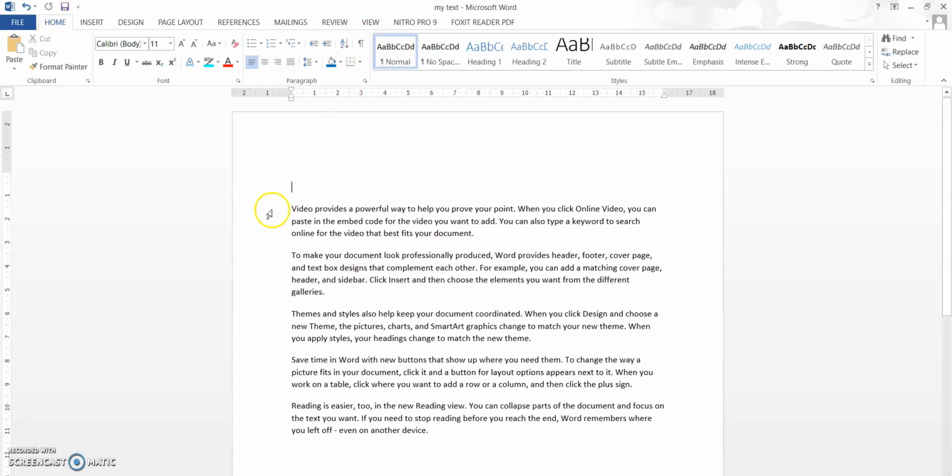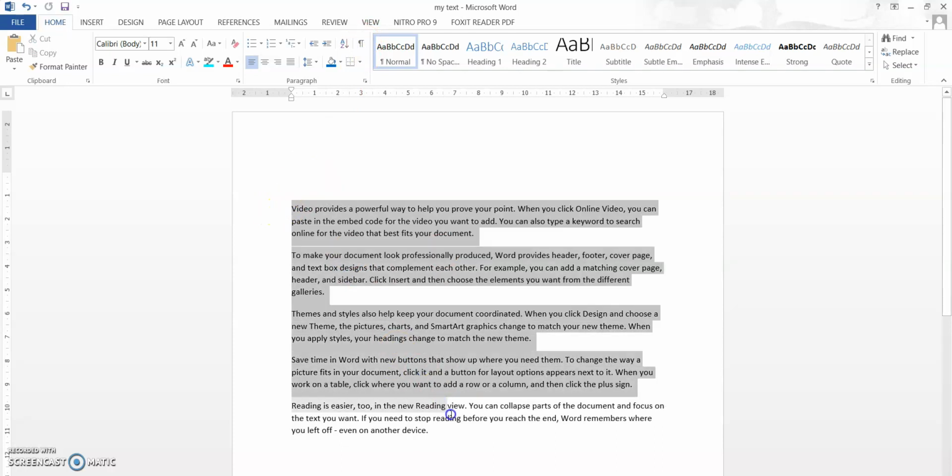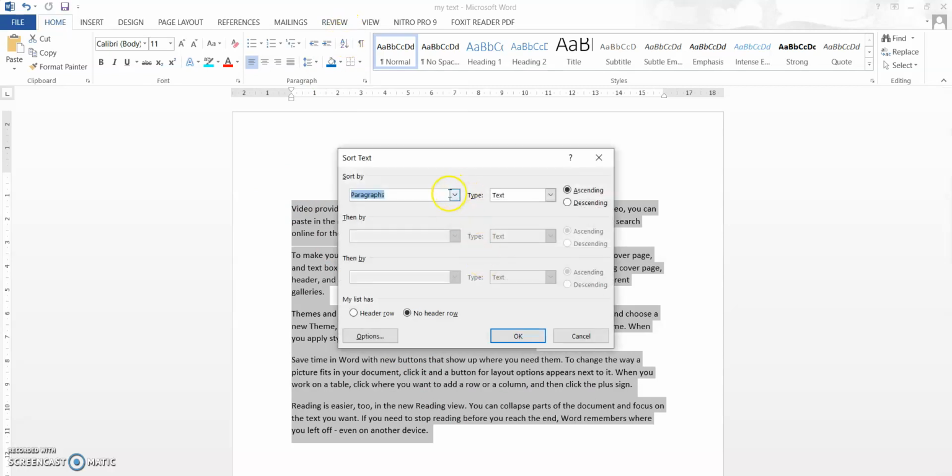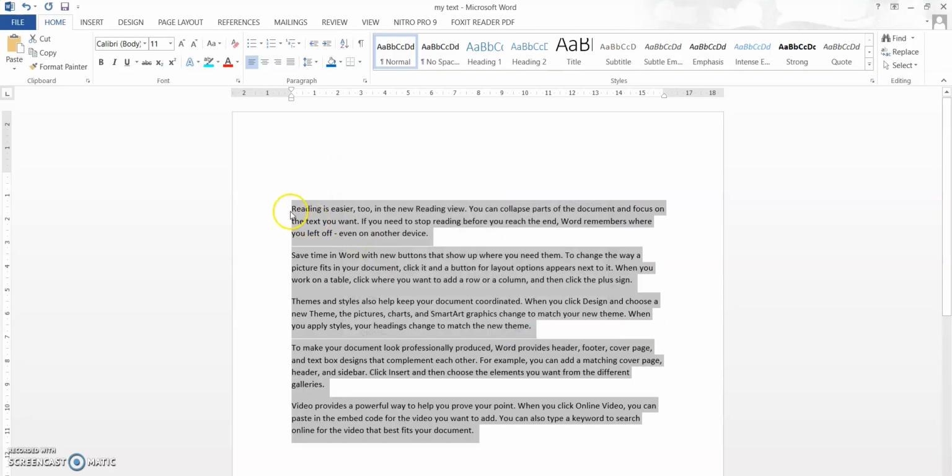So what we are going to do now is sort the paragraphs. Okay, so you can see there is an option A to Z. We can do sorting. There is sorting by paragraph, sorting by heading, or sorting by fields. So let us do paragraph. Okay, there is an ascending and descending order also. So now let us keep ascending order. Ascending order means it will be sorted from A to Z.